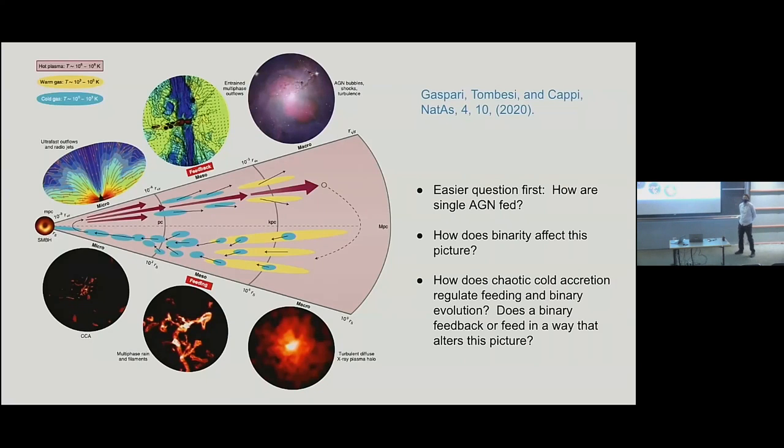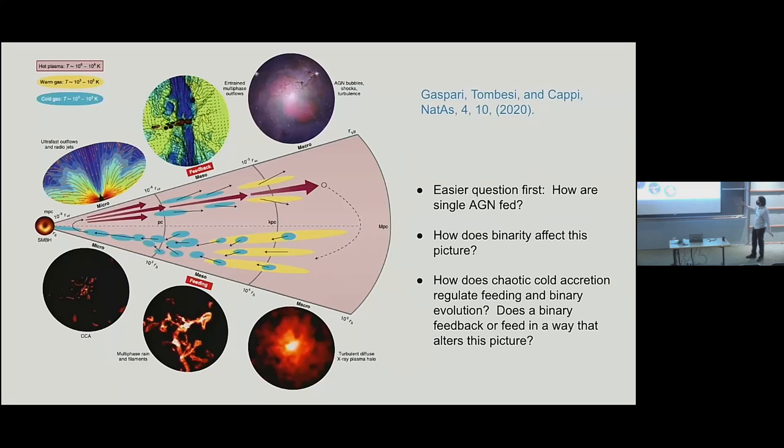We do acknowledge a bias. We're talking about the black hole case, but we certainly have always been talking about connecting to stellar binaries. So we don't want to exclude the stellar binary folk. But for the AGN and massive black hole case, they suffer huge timescale and spatial scale problems.